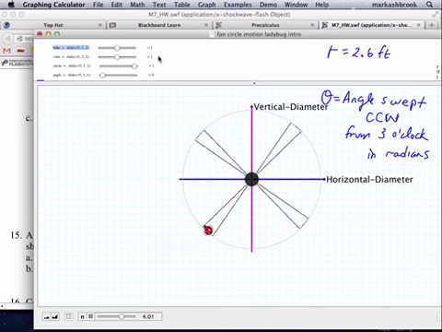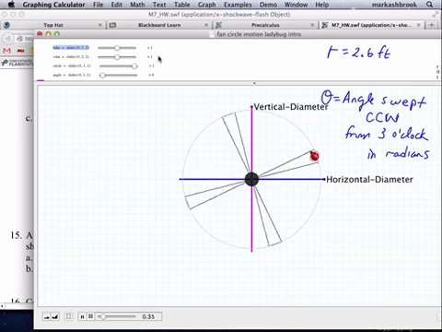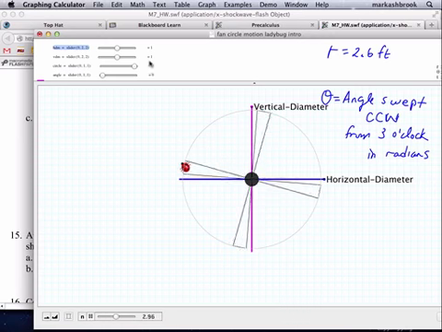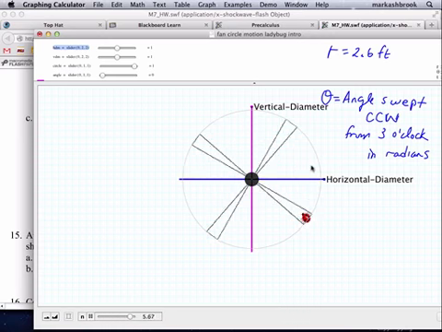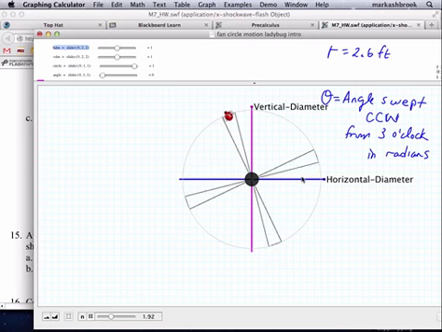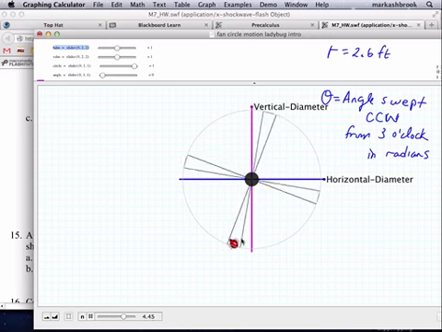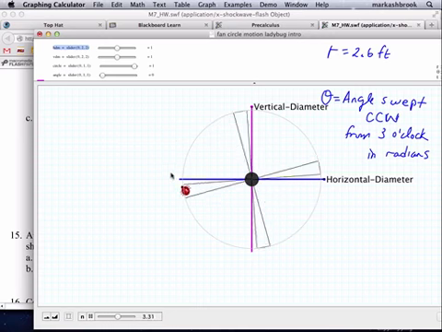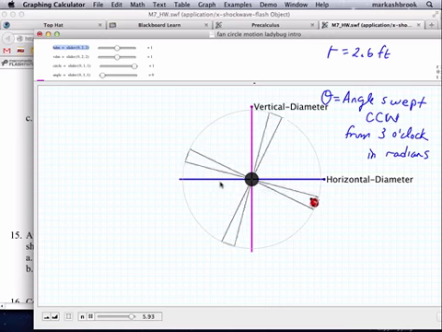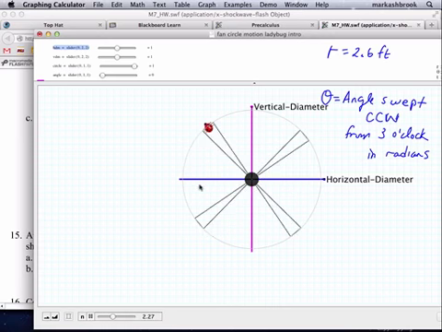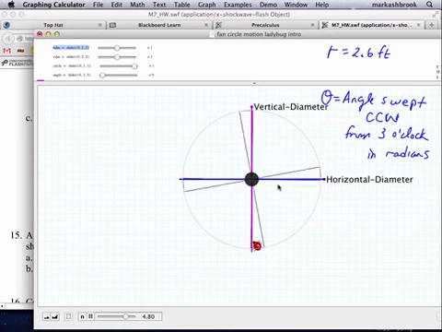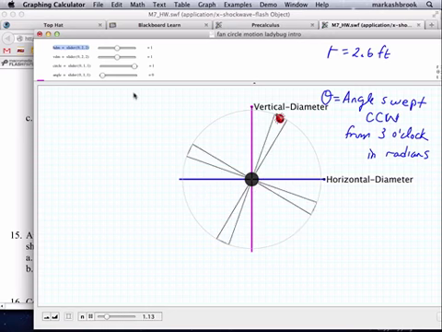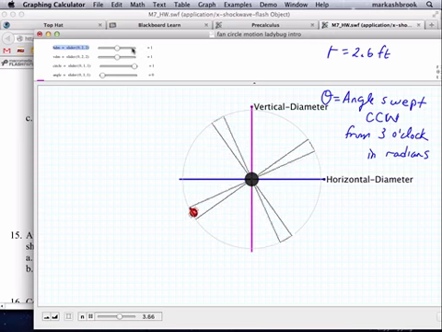Okay, positive or negative. So what quantity are we talking about? Someone up here was saying it. What quantity is associated with the horizontal diameter that helps us locate the bug? Yeah, so if it's distance from the horizontal diameter, like this right here,